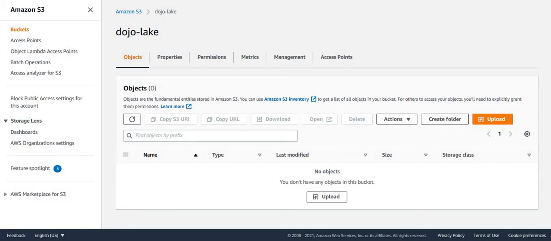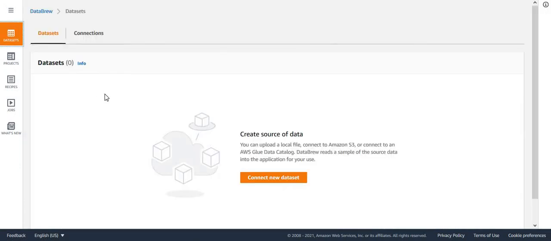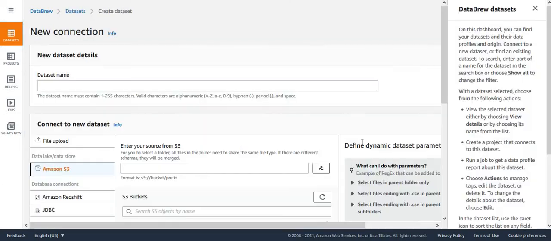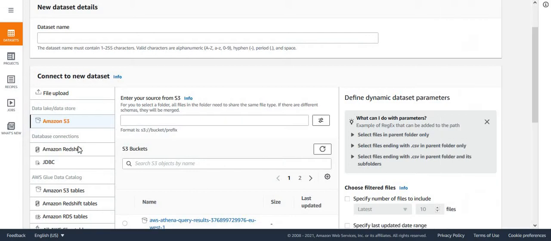And I'm going to use DataBrew. So let's start with DataBrew first. First we'll create a dataset. So we start with the creation of a dataset, and this dataset will represent the data which is connecting to the PostgreSQL database. So I simply say I want to connect to a dataset. In this case, let me close this one. I go to my